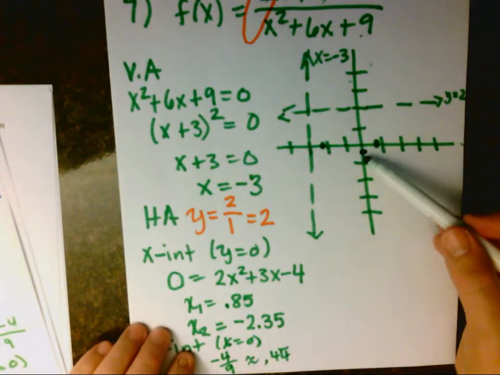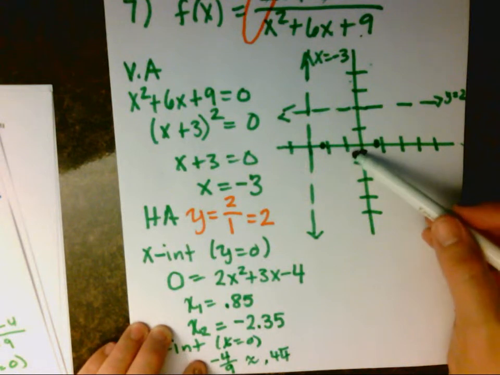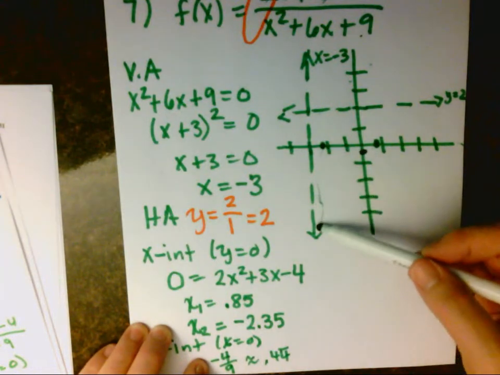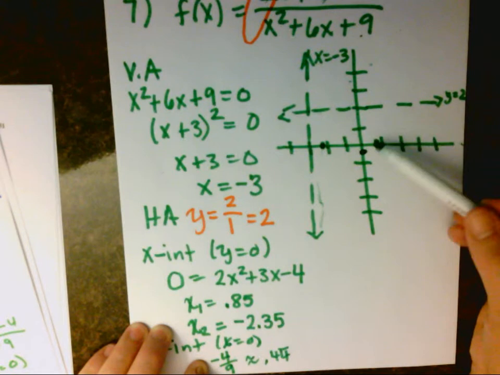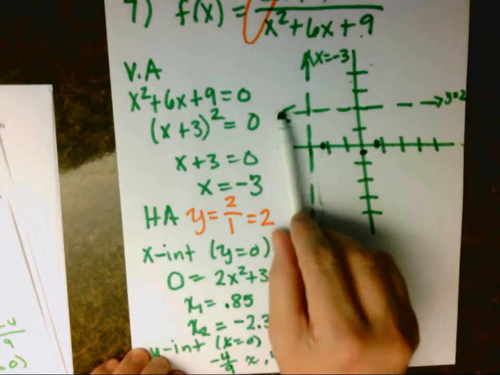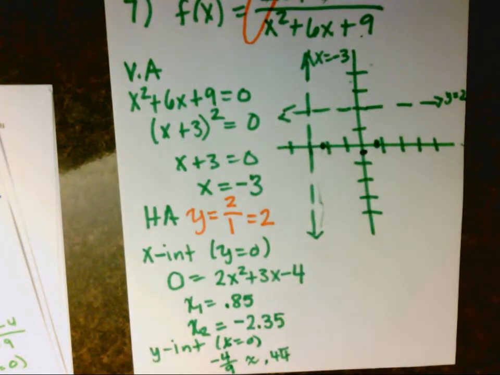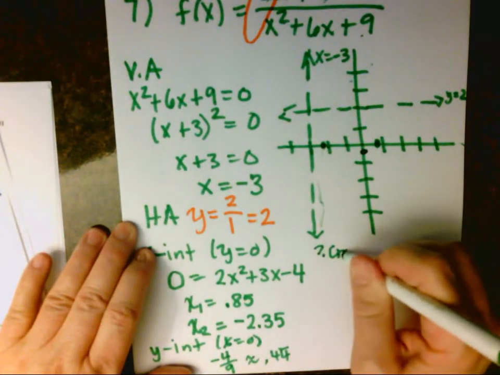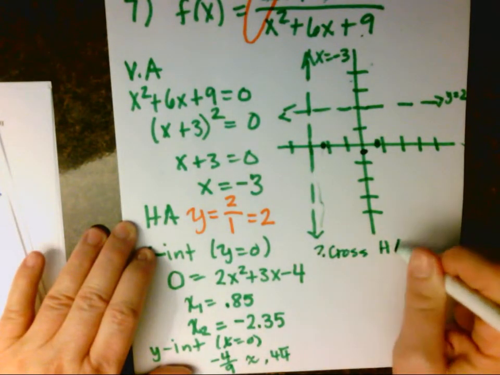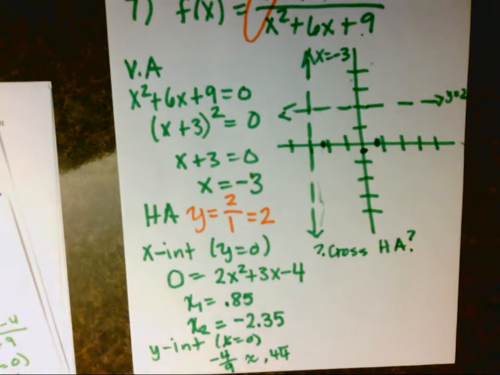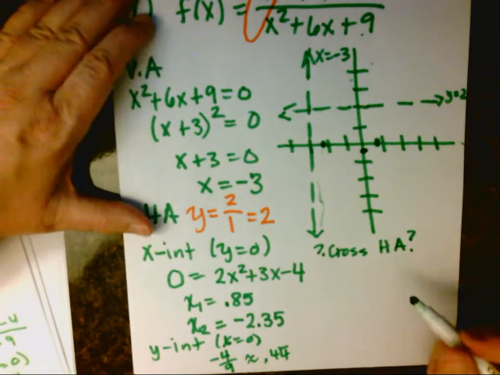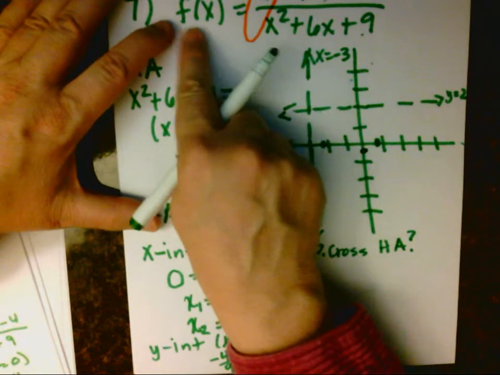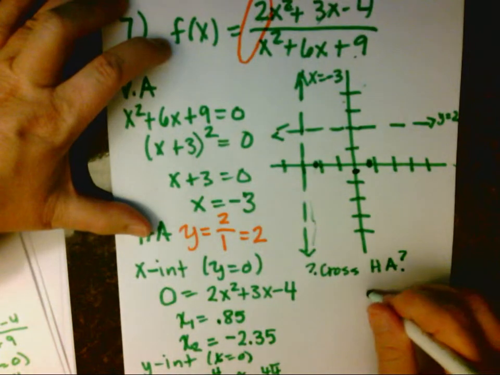If we're going to get closer to the asymptote, either we're going to have to turn around there and go back down and then bump around and come up, or this is one where it may actually cross the asymptote. But we need to check that on all of them. So the next question is, does it cross the horizontal asymptote? To check if it crosses the horizontal asymptote, you're asking, does the function up here,